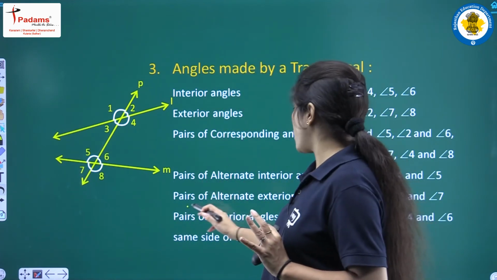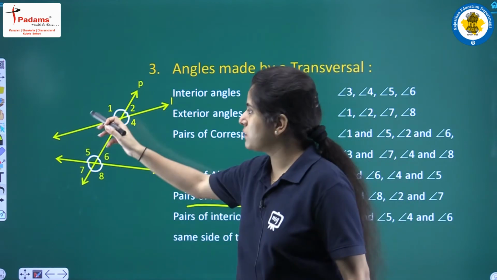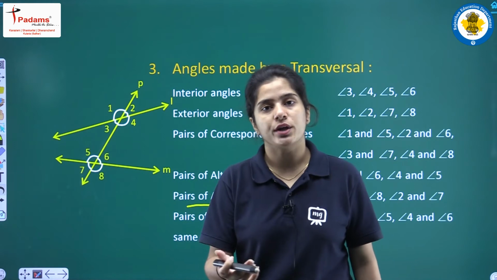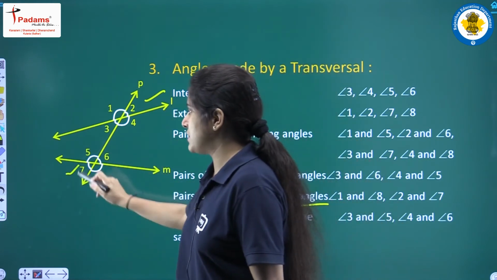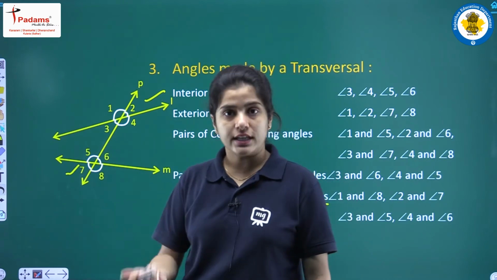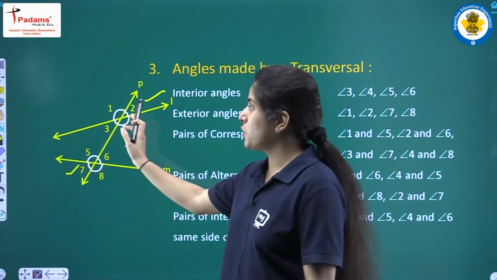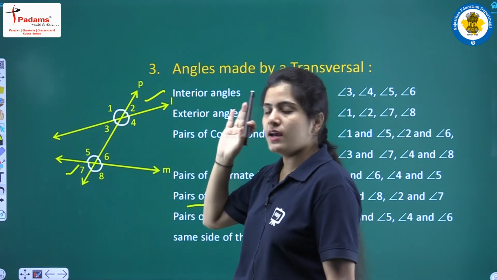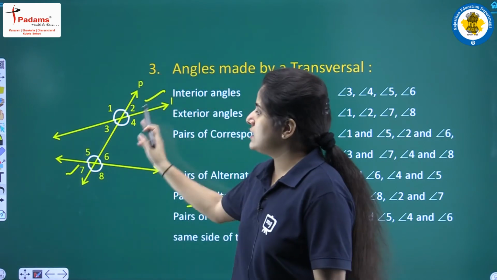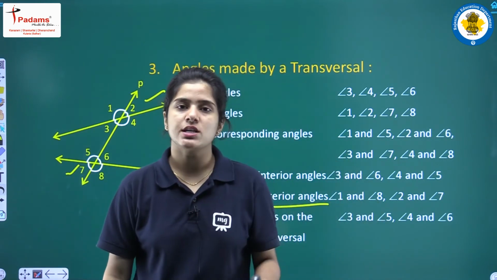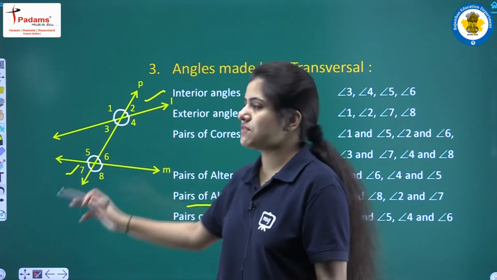If I am talking about exterior angles, we are talking about these 4 angles, and now we are talking about alternate. That means we are talking about 2 and 7. These two are alternate exterior angles. By alternate we mean 2 is lying at this side of the transversal and 7 is lying at that side of the transversal. So these two are lying at the opposite sides of the transversal and they are both exterior. So that is why 2 and 7 are